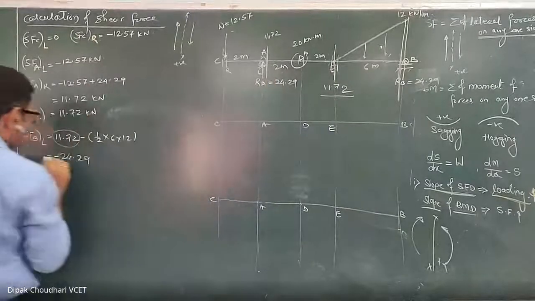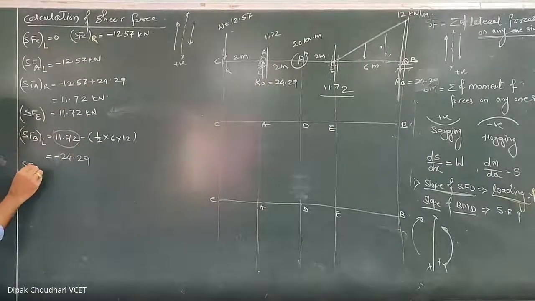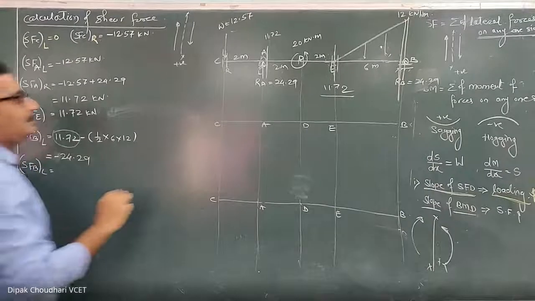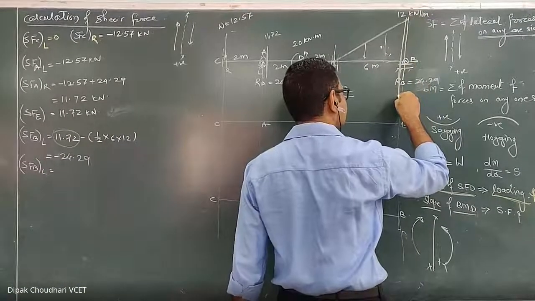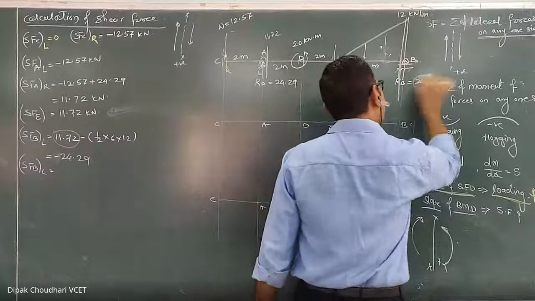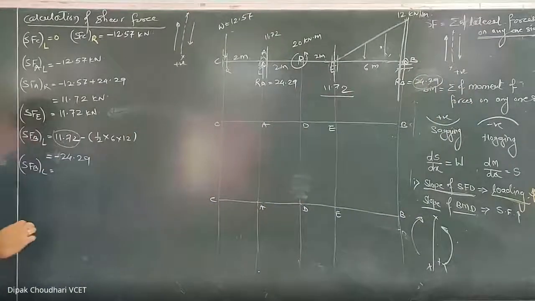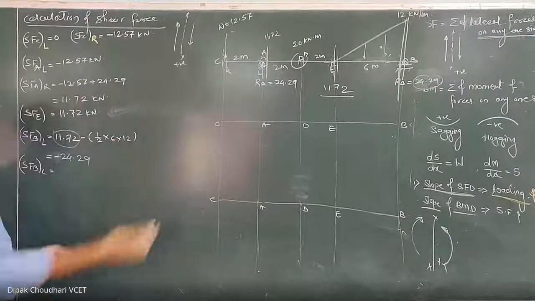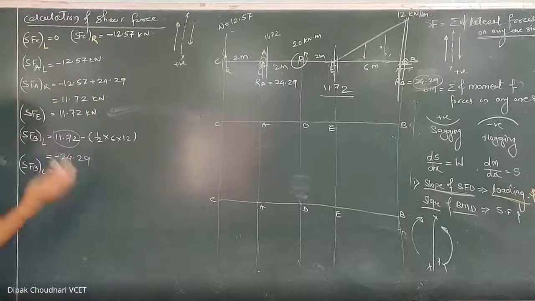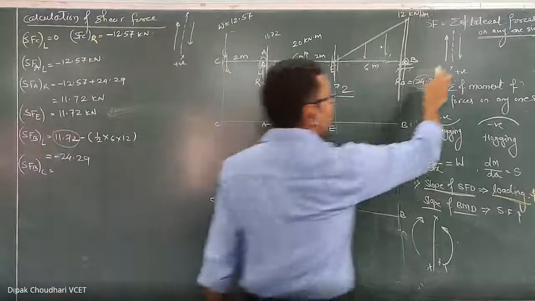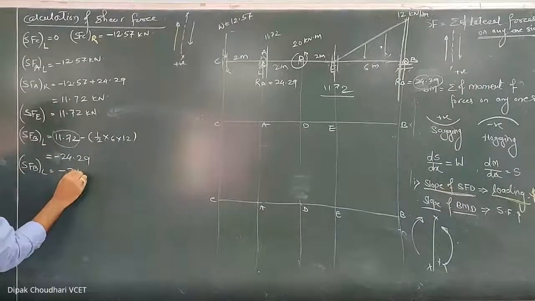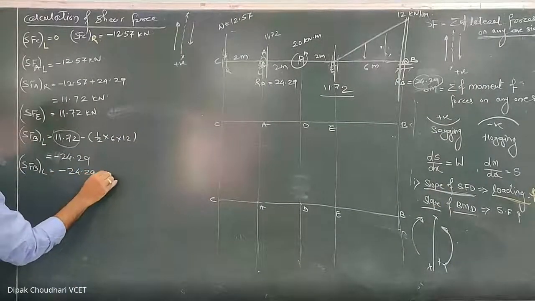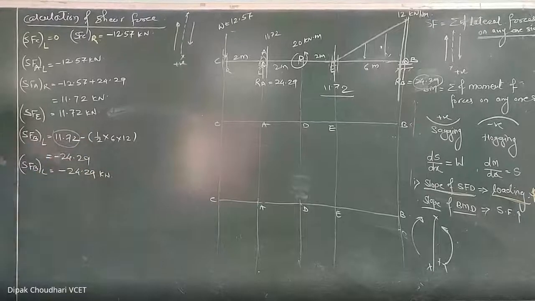And to calculate the shear force at point B on left hand side only, on the left side of B, here very close to the B but on left side, on the right side of it there is only this one force. So instead of taking this summation, you can go for the right hand side. On right hand side, only one upward force is there. So on right side of the section, downward is positive, so upward is negative, which is minus 24.29. You can write it directly this, or you can do this also.